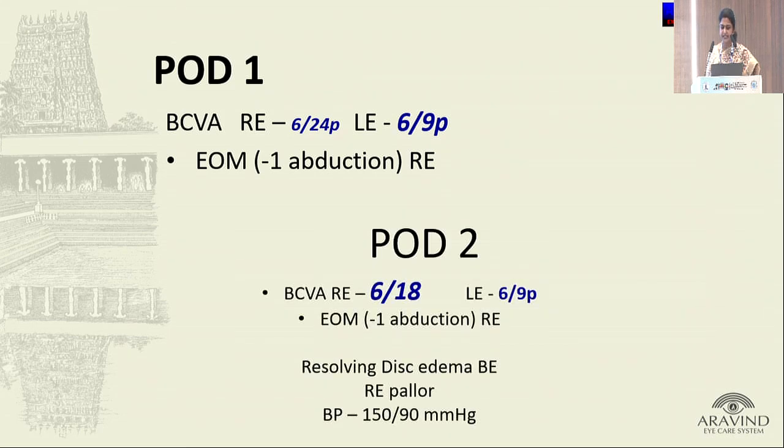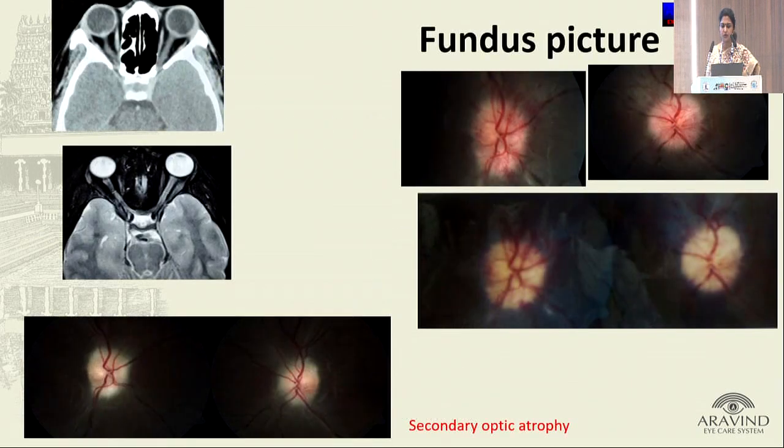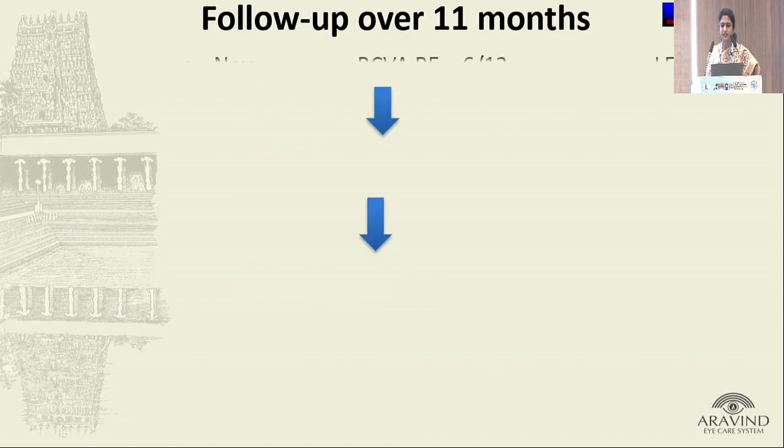Day 2, 6/18 improved to 6/18 and the left eye 6/9 partial. There was resolving disc edema in both eyes. Right eye showed a pallor, blood pressure came down, and this is the fundus picture. You can also see the thinning of the edema is reduced post-operatively, but you can also see the secondary optic